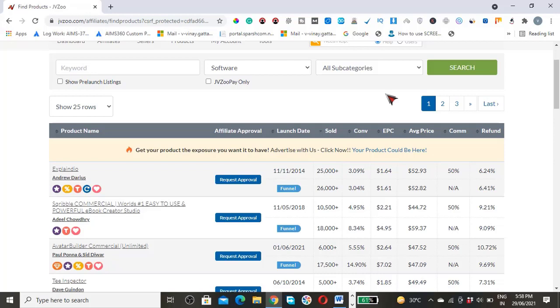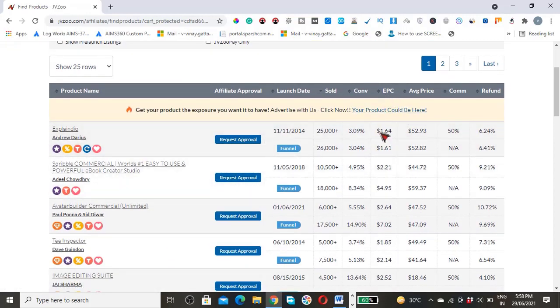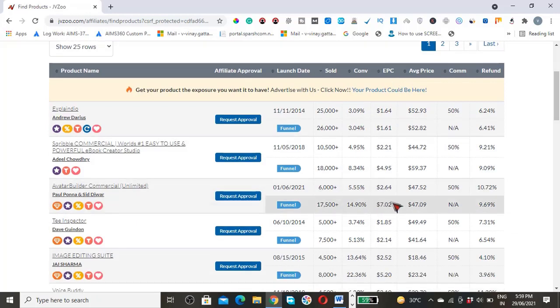So the first thing you want to do is pick a niche. I am doing softwares. You can do it for whatever you want, but you want to sort by EPC instead of the amount sold. Here it is, EPC. You need to simply sort by EPC, not by sold, simply because EPC is the bigger indicator. The amount sold depends on how many units have sold, how many softwares have sold. So a product with a high EPC that has recently come out is likely to do better. If you have more EPC, then this product is good to promote.